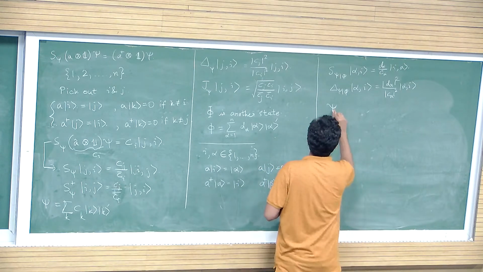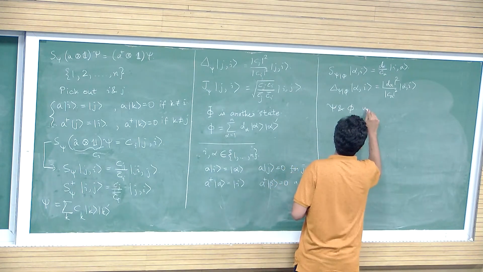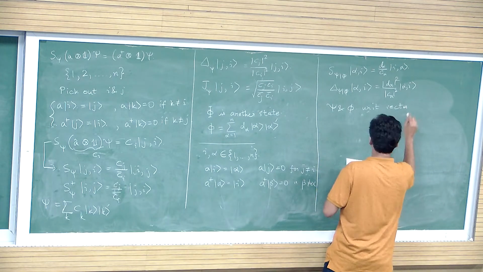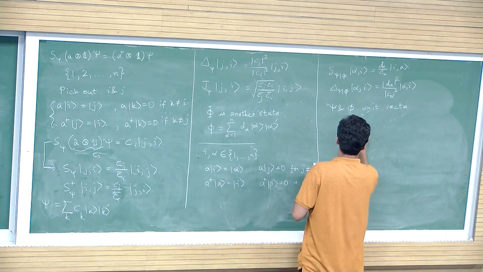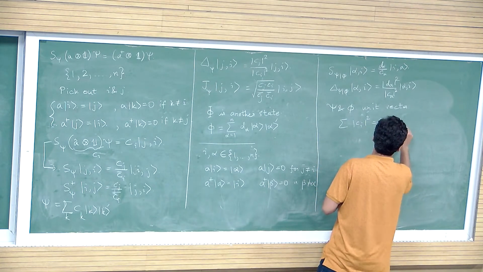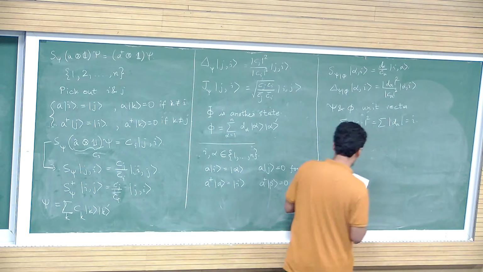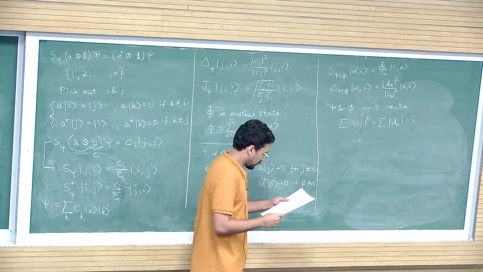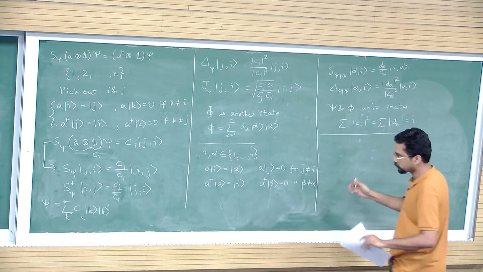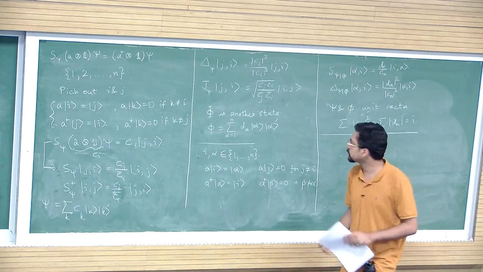Also, one thing is that I'm choosing this to be my unit vectors. So what this essentially tells me is sum over Ci is sum over d alpha equal to identity. Okay. Now, this entire story could be described by density matrices also, because we are in a finite dimensional setup, and